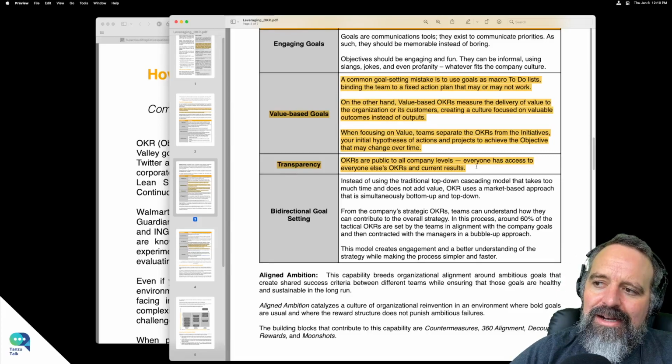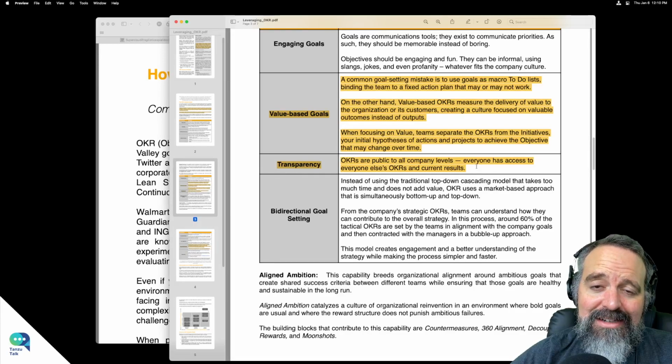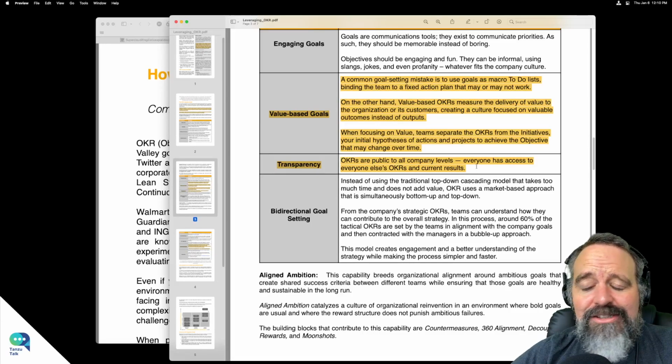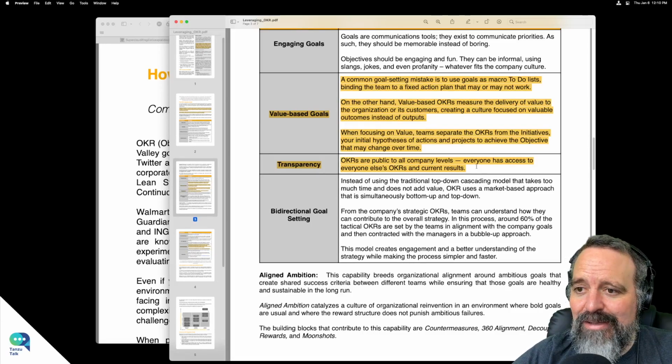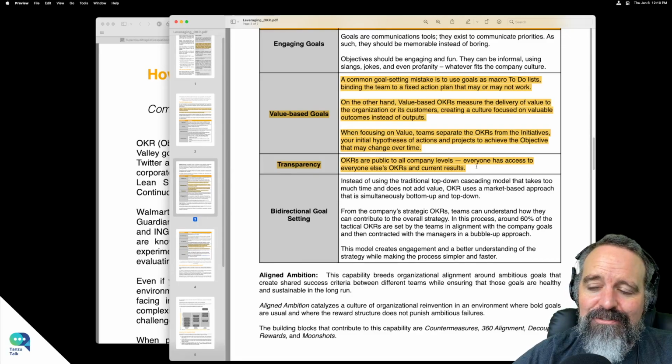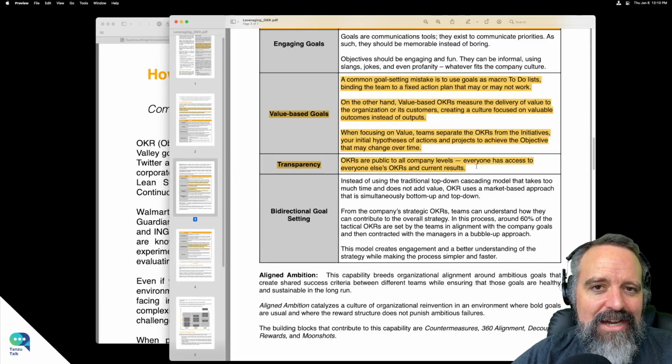Now, the primary thing here is that people just don't like sharing things. As an example, there's a lot of work going on to make sure that people are paid equally and fairly. And yet, I don't know if I've ever encountered a company where everyone's salary is public knowledge.